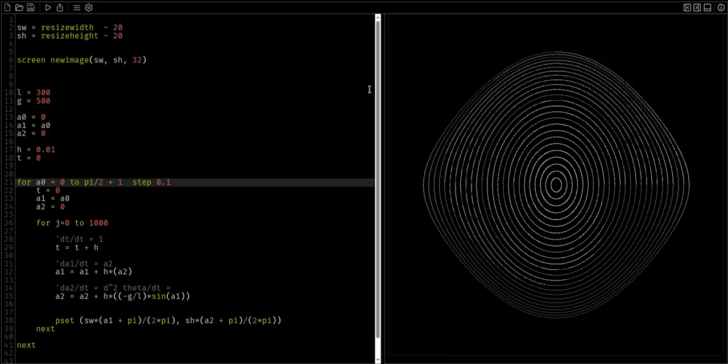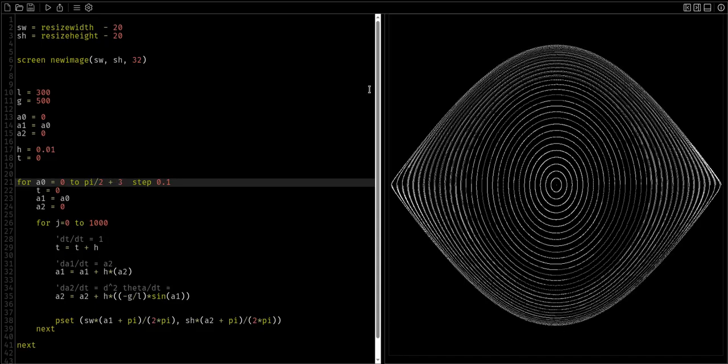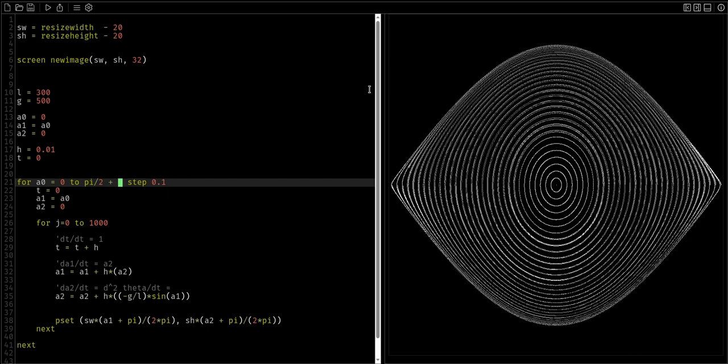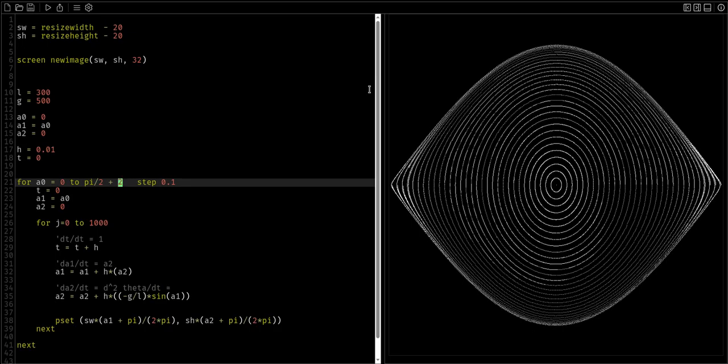Anyways, so here is our complete phase space minus the